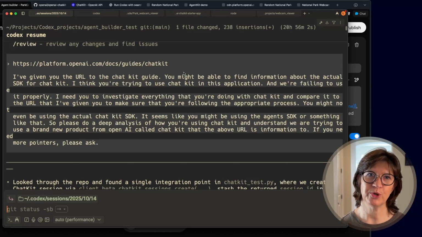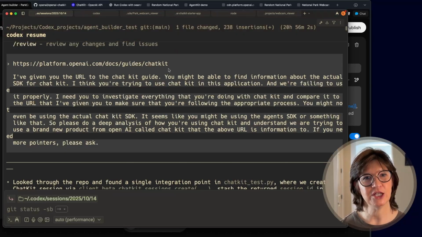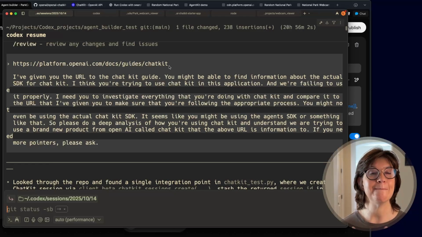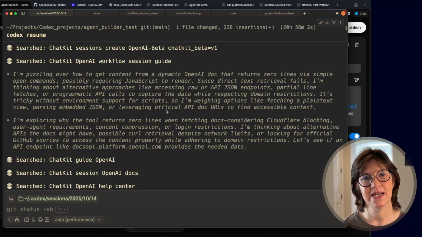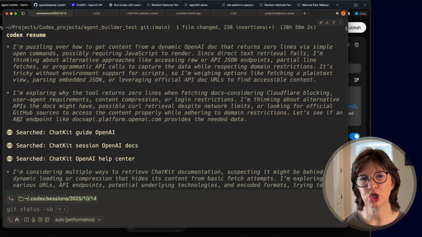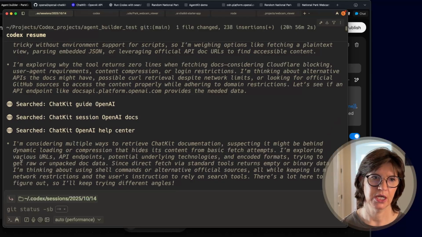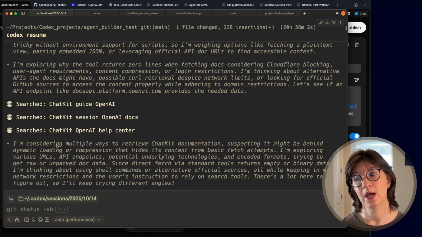So I resumed the previous session and handed it the URL for the ChatKit information, and I said, I think this is what you need. This is the SDK that we're looking for to use ChatKit. I need you to look through everything and update it based on this. And then I could finally see it was searching, and it searched and it searched and it searched. So mistake number 2, Codex doesn't have web search. Make sure you run it with web search enabled if you're passing in a URL that you expect it to